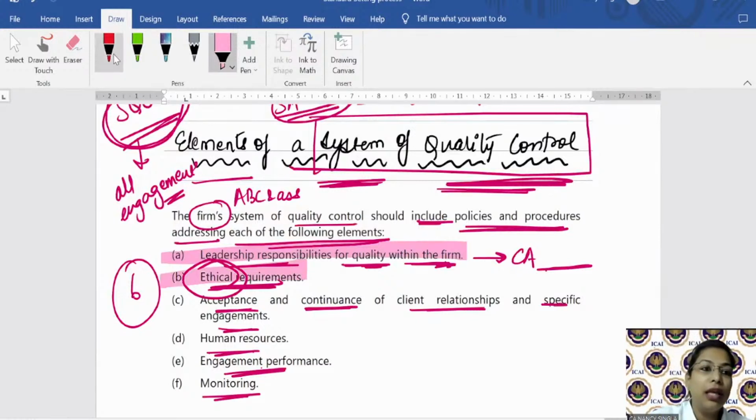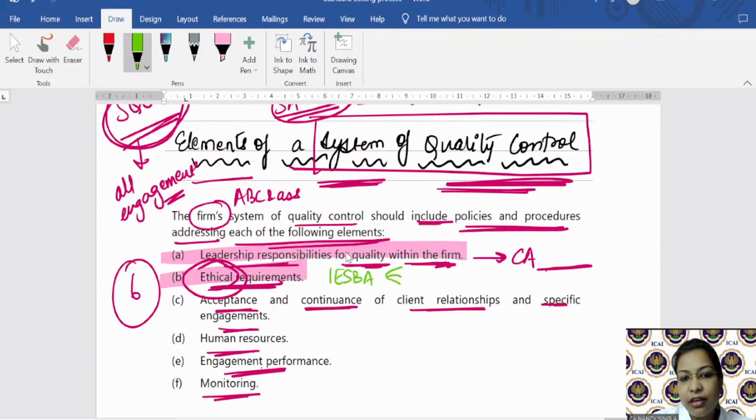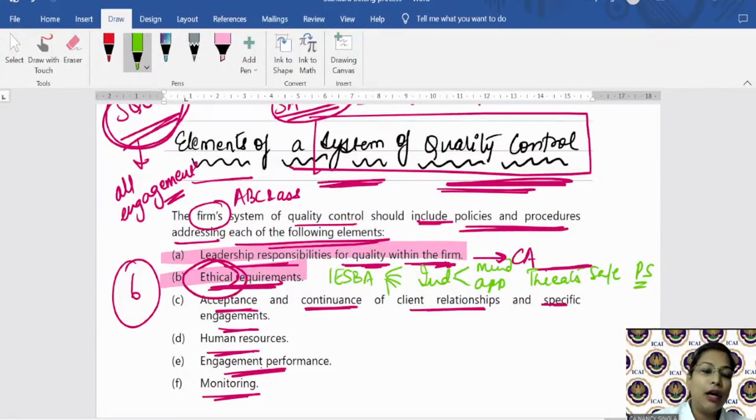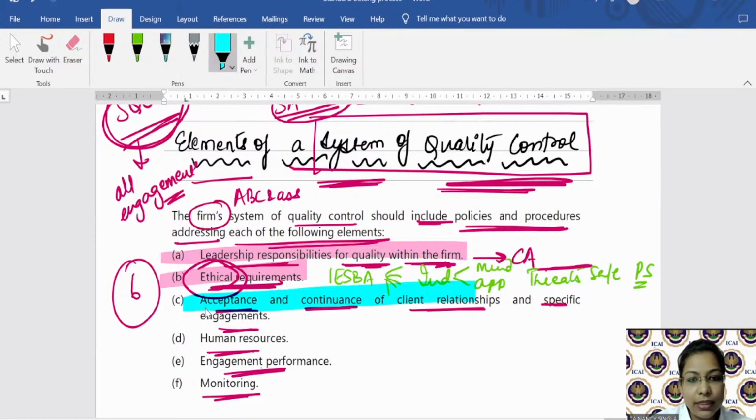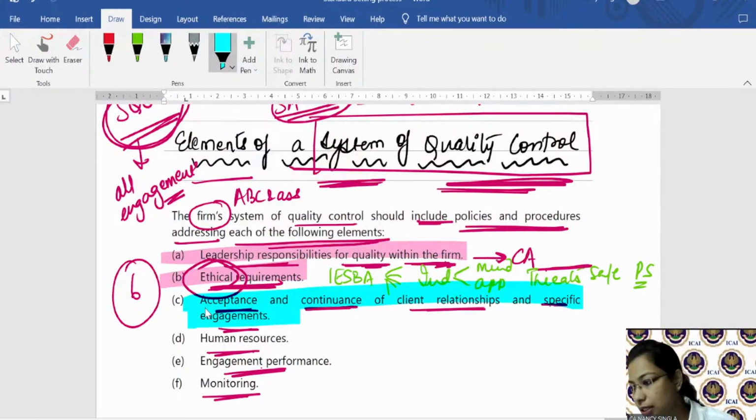Ethical requirement में what all we did: the IESBA code, 5 fundamental principles, independence किया, then independence of mind किया and appearance किया, along with that हमने threats किए और हमने safeguards किए, ठीक है। Then हमने अभी एक और topic भी तो किया, क्या किया? Professional skepticism, ठीक है। Now we are doing this third point, which is what? Acceptance, continuance of client relationship and specific engagements, ठीक है।